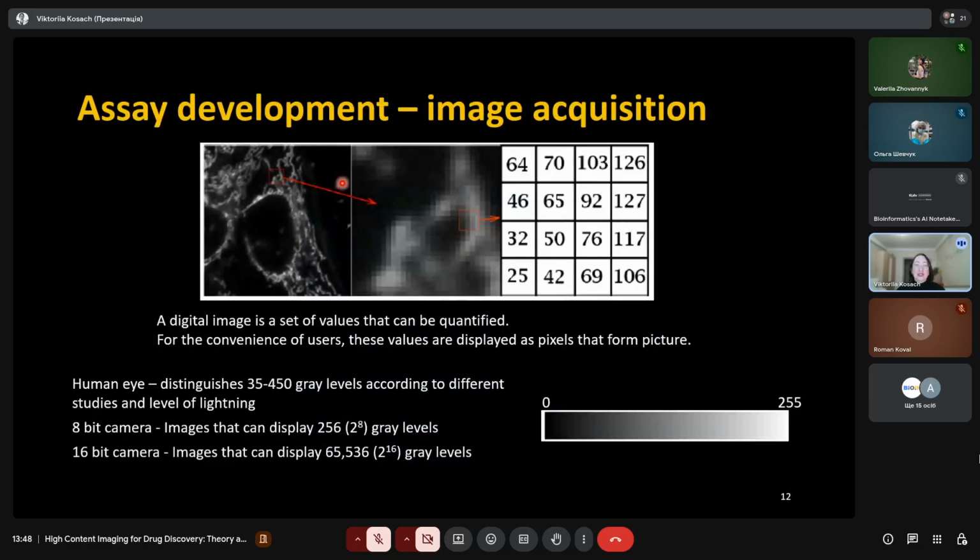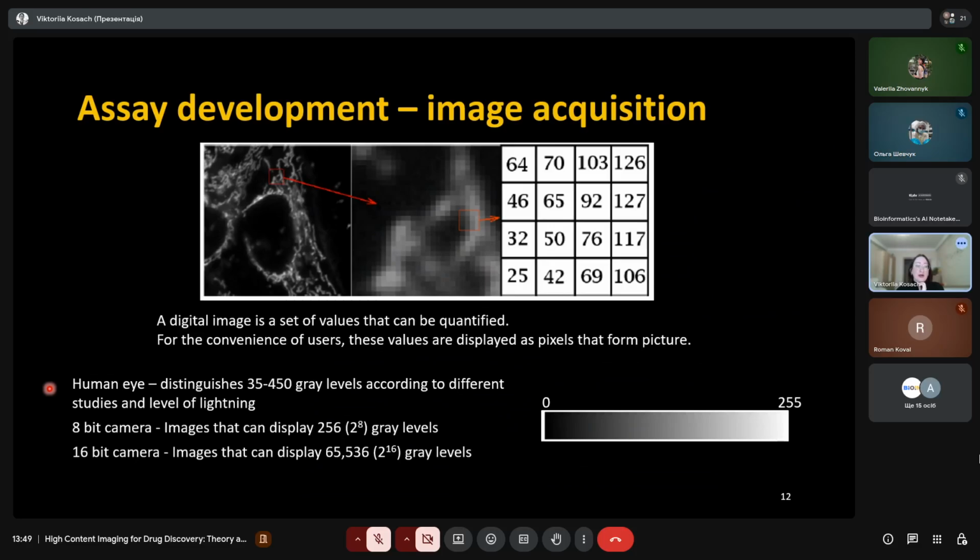When you have all of this established, you are going to your confocal microscope for image acquisition. I think you may know that image acquisition is just a digital value from the light emitted and detected by the detector or camera on the microscope, in gray values, and these digital parameters are quantifiable. So each pixel has its own number of gray value.